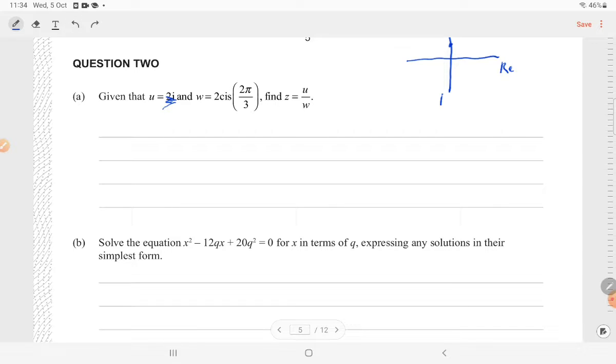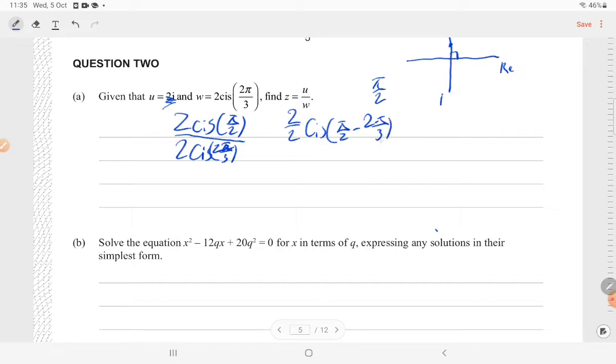So, the angle it creates from the origin is a right angle, and a right angle is pi over 2. So U can be rewritten as 2 cis pi over 2, and U over W is 2 cis pi over 2 over 2 cis 2 pi over 3. I'm sorry. So it's just 2 over 2 cis (pi over 2 take away 2 pi over 3), which is equal to, so this just is 1, so cis